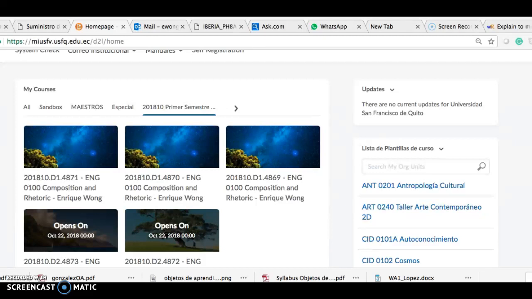In D2L, there is a reports tool that the system offers that shows me your performance during the course. I usually feel that I don't have to be using this tool because by doing this I should be policing the class, and I don't think this is my function. My function is to be here for you to help you have a good performance and not to be chasing you whether you have read the material or not.